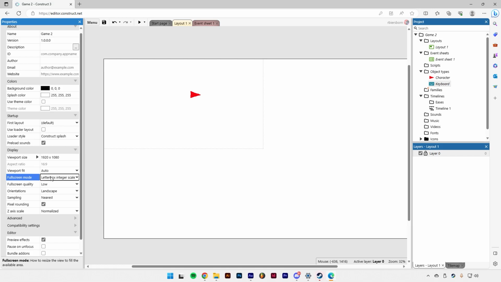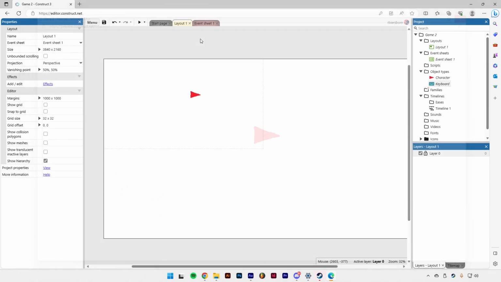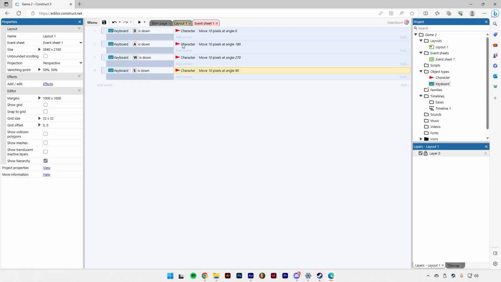By default, it sets it to letterbox integer scale. We're going to change that to scale outer. And all that does, letterbox is just the black border around it. We just want to turn the letterbox off. So if we just do scale outer, that way when we press play, it won't have that weird black border. Not really critical, but I think it makes the demo look better. All right, cool. So that's a very easy way to allow our player to move a character around the screen,